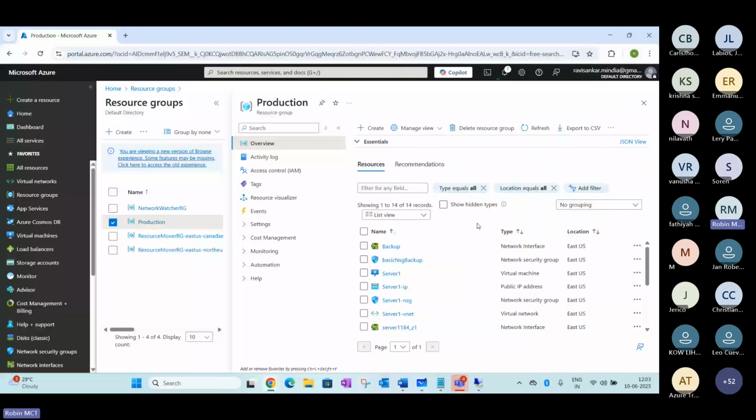We're trying to see how we create that network here. Let's see how practically you can create this one.